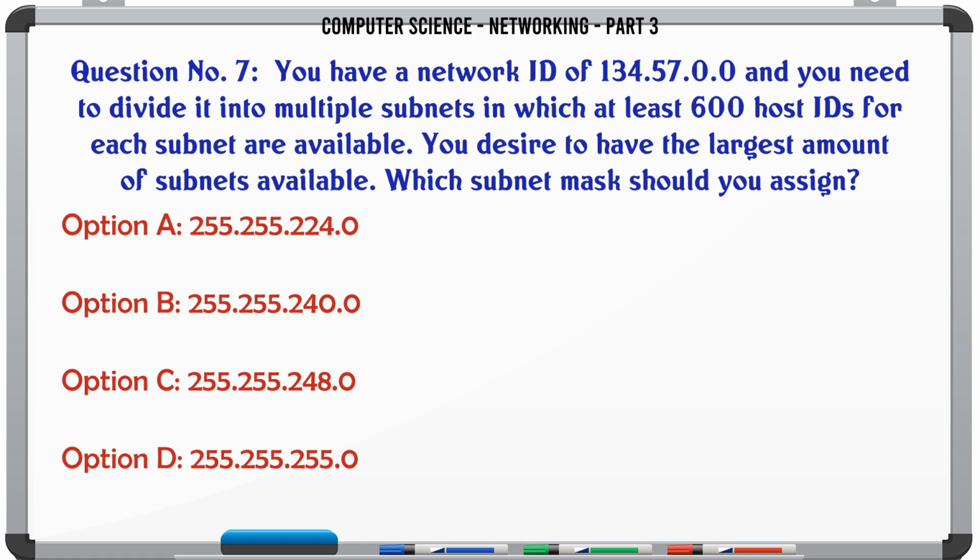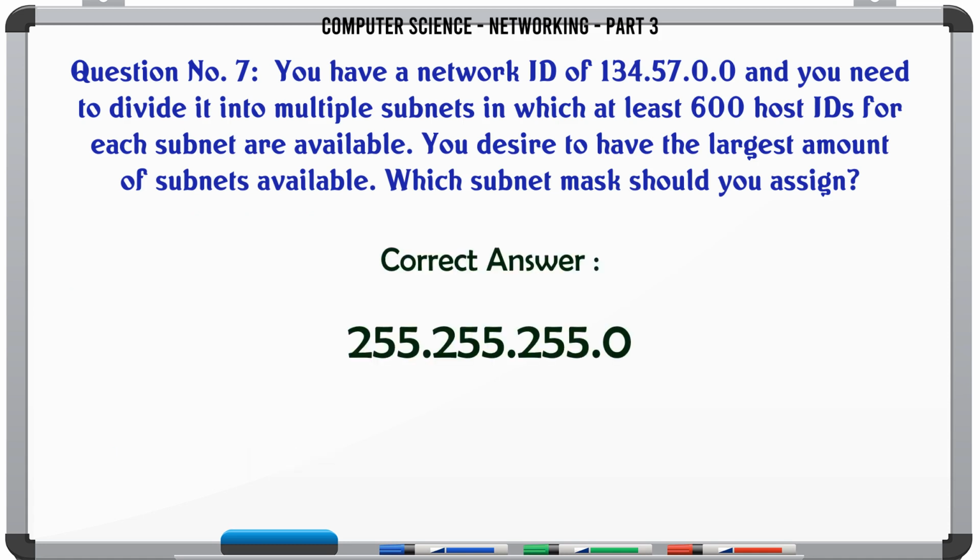A. 255.255.224.0 B. 255.255.240.0 C. 255.255.248.0 D. 255.255.255.0